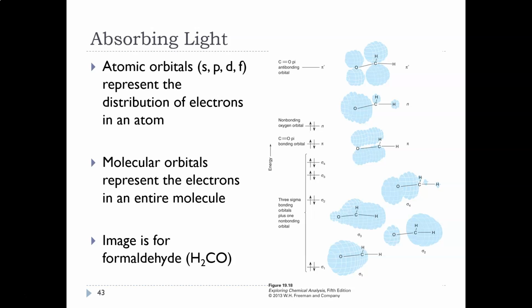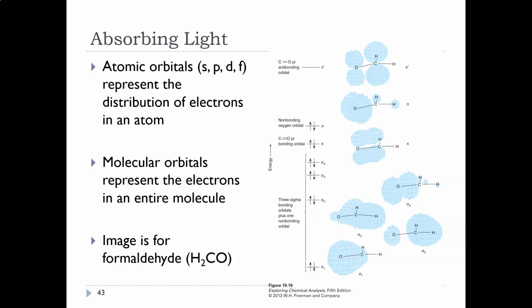The second one is molecular orbitals. And in molecular orbital theory, it's not just the central atom that is hybridizing its atomic orbitals to make new ones. It's every atom inside the entire molecule. So in this picture, I have a carbon, two hydrogens, and an oxygen making formaldehyde. Each of those atoms would have mushed their s and p and d orbitals together